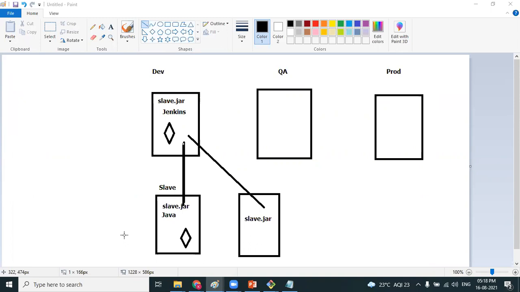If while running a particular job the master machine goes down, that means not only that specific job, all the jobs will go down. Correct. The only solution is to restart the Jenkins. That does not make any problem. But in future, we don't want any downtime in this kind of case. So this will be the solution you have to implement as a DevOps engineer.